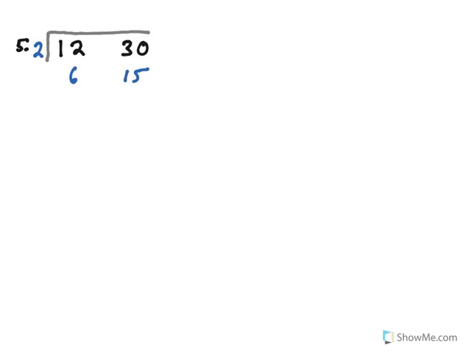12 divided by 2 is 6, 30 divided by 2 is 15, and then I say, okay, can I continue dividing these numbers by a number? Well, yeah, 3. They're both divisible by 3. So I'm going to continue my division, and I'm going to say, okay, I'm going to go ahead and pick 3. Well, how many 3's go into 6? Again, it's going to be 2. How many go into 15? It's going to be 5. Now, are there any other numbers that divide both evenly into 2 and 5? The answer is going to be no. So I would stop, and then now I take the numbers that I have, and I go ahead and multiply them together. So 2 times 3 is going to be 6, and